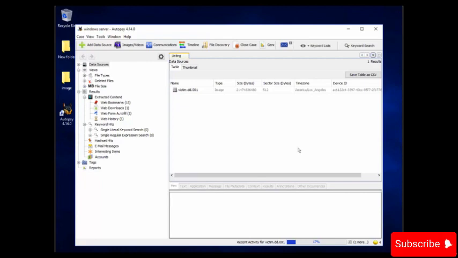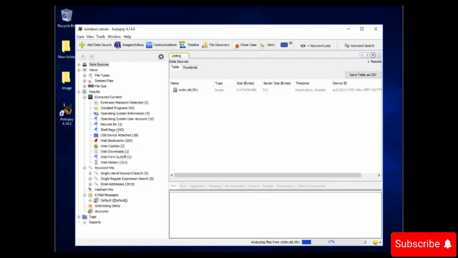Starting a new case is typically the first step when using computer forensics. Okay. So for any software you use, like in our case, we are using Autopsy, we must create a new case, give it a name, case number, examiner name, etc.